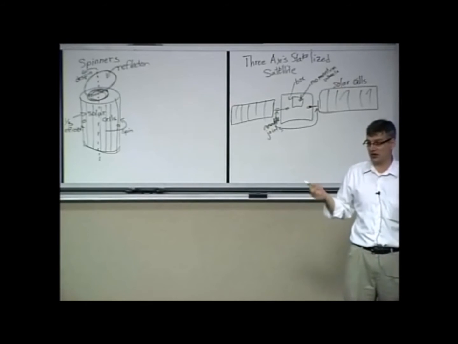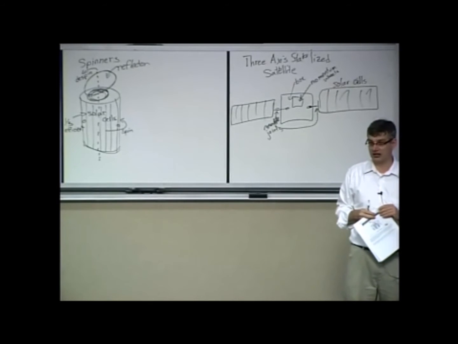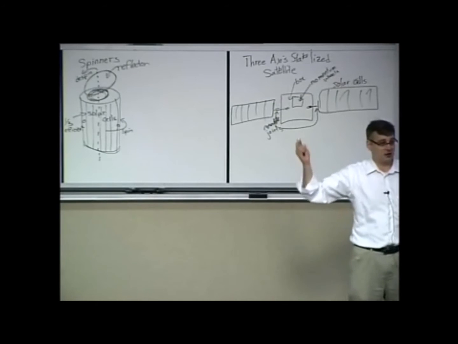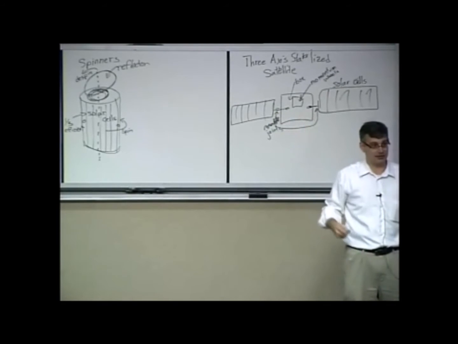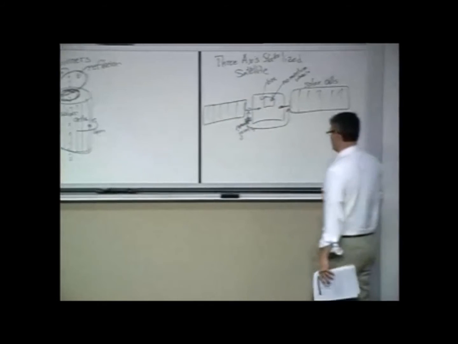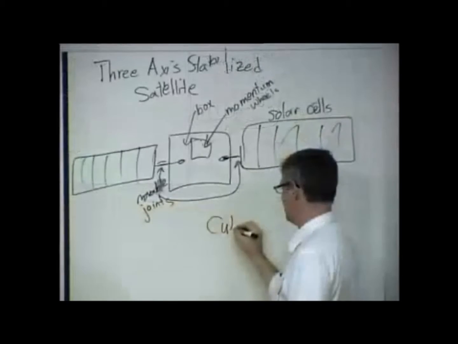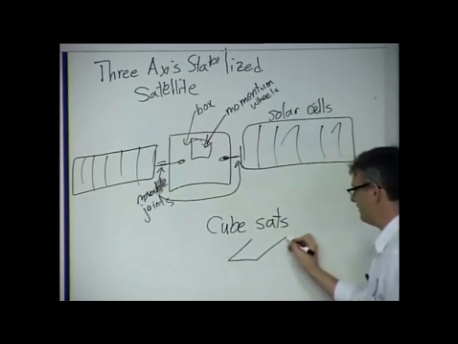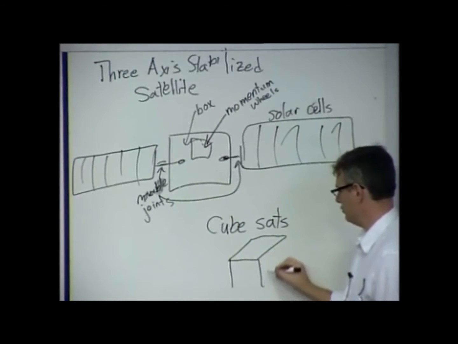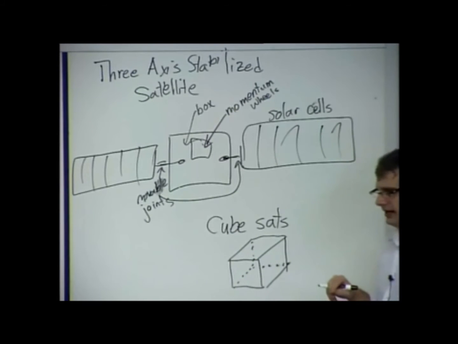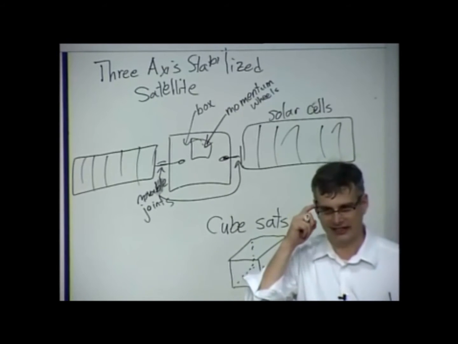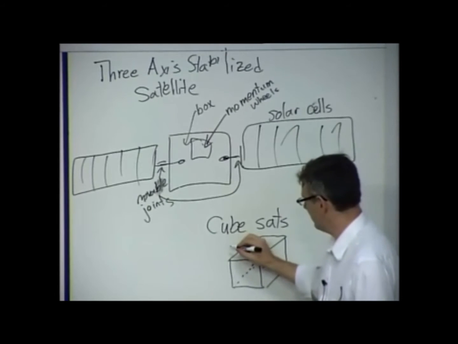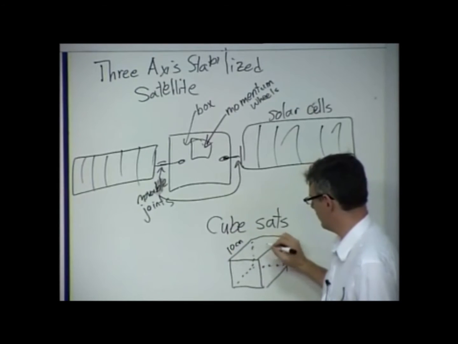There are some spacecrafts, especially in the world of very small picosatellites, where they don't even bother with attitude control. You just let the thing tumble around up there. For example, there's a whole class of satellites called CubeSats. This was pioneered about 15 years ago as a way to do very inexpensive launches with a standardized shape of a satellite. So a CubeSat, if you ever hear anybody use that term,